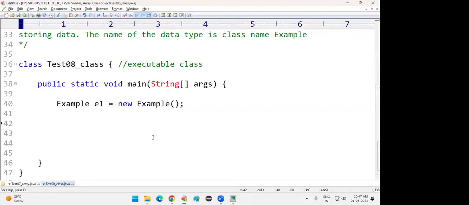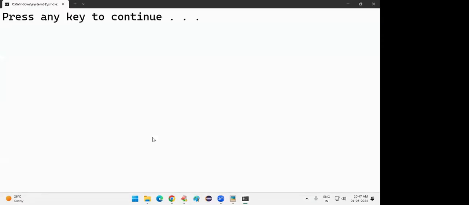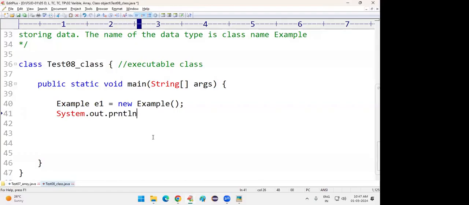Now, will the program compile or not? Yes. Everyone understand? Tell me, is Example E1 required or not required? Not required. I can write new Example. But what is the problem? I cannot access the available members. For that purpose, what is required? A variable. Then once you create the variable, now System.out.println of